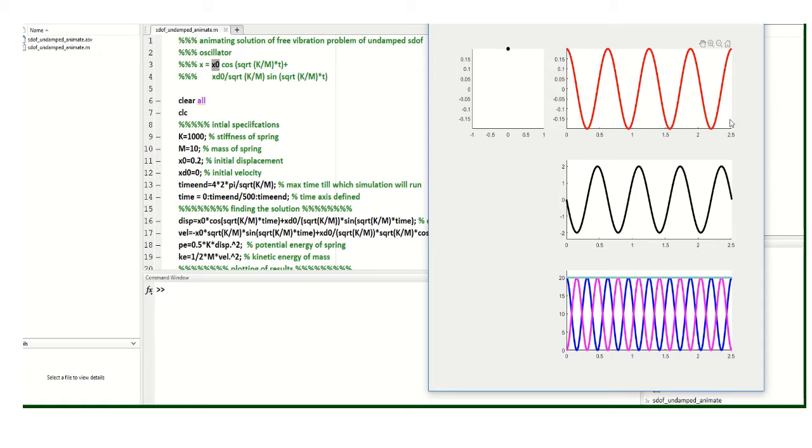The first derivative of this is going to be the velocity, which is going to be the sine function that you are seeing over here. Okay, so this is the sine one. It will rather be a minus sine, so it is minus sine times this thing. So there will be x0 times square root of k by m. Something else is also coming out and sitting over here, so the amplitude of the velocity will be different from that of the displacement, and you will be able to see that there is a phase difference.